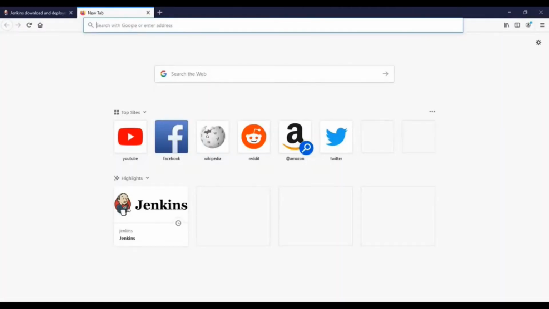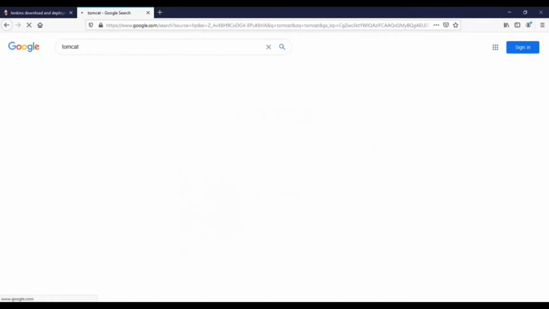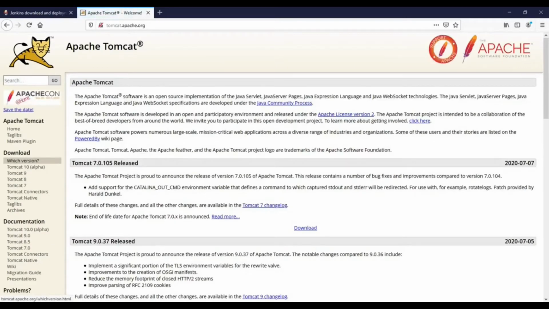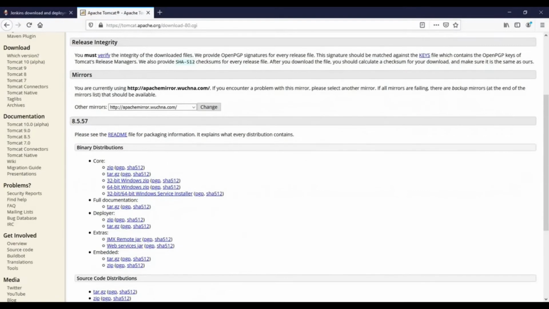Okay, now go to browser again, Google, search for Apache Tomcat, click on the first link which you get. On the left hand side you will see a download link option. Under downloads you have all the versions of Tomcat downloadable software available. So I am downloading the version Tomcat 8 which is compatible with my system. So once you click on that link, on the right hand pane you will get 64-bit Windows zip file.